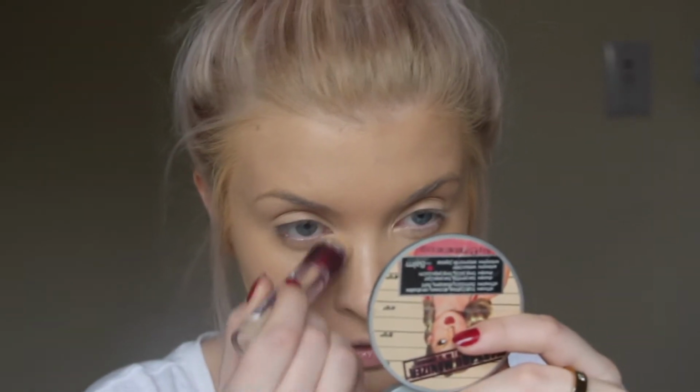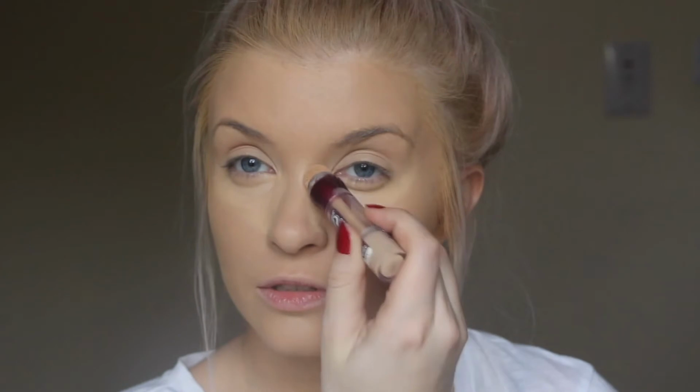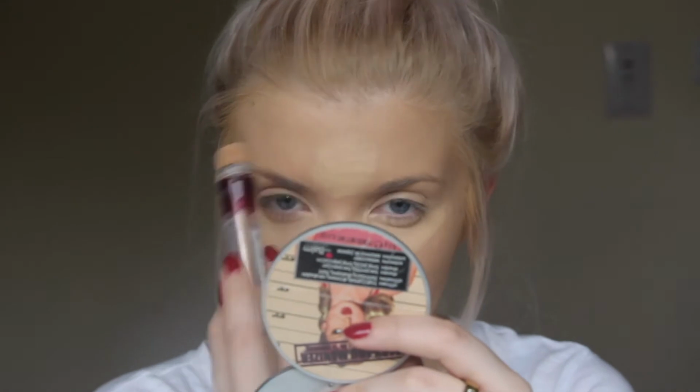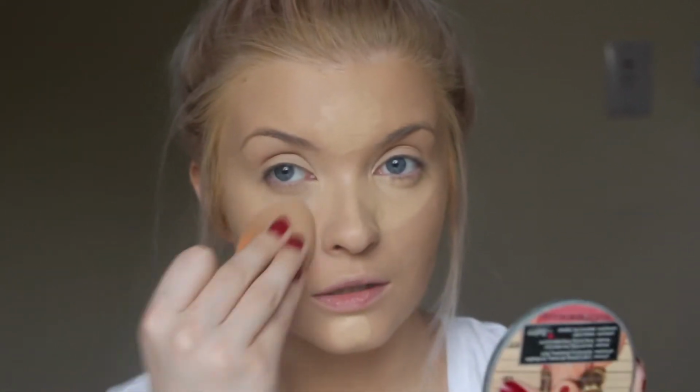And then again, I'm going back to Maybelline Concealer to highlight my eyes. I really love this concealer. I think this is my 4th bottle and I've got another one unopened for when this runs out. They usually have deals at Boots to get this, or get like a second item half price or a third item for free, something like that. So I always stock up on this one. I just love it. My face is so pale,